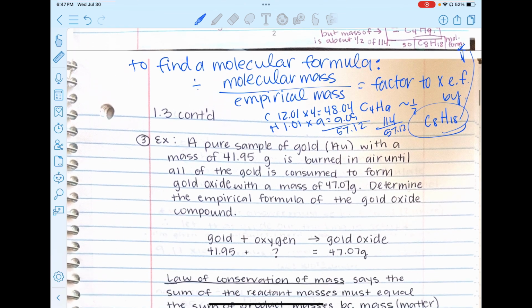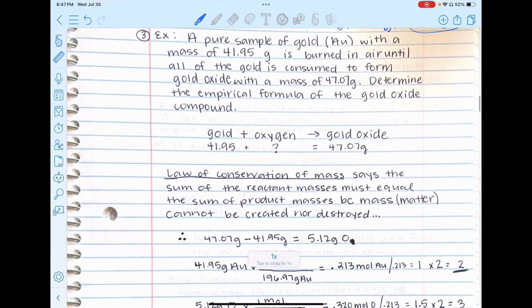All right, moving on. Example 3. The same, but different. We're going to go through a lot of the same steps as we move forward, but this one's presented differently, all right? So we got a pure sample of gold with a mass of 41.95 grams, and it's burned in air until all of the gold is consumed to form gold oxide with a mass of 47.07 grams. Determine the empirical formula. Okay, we talked about that. That's our 4 steps thing, right,